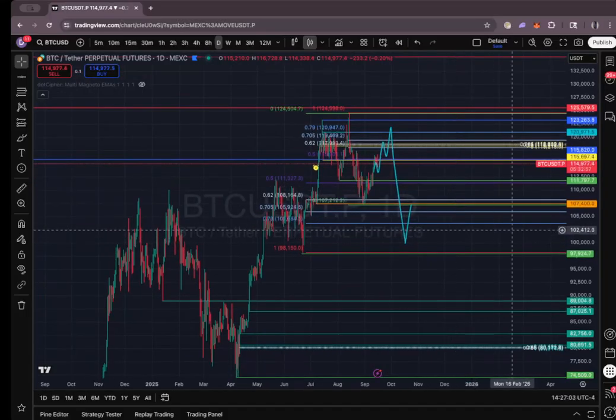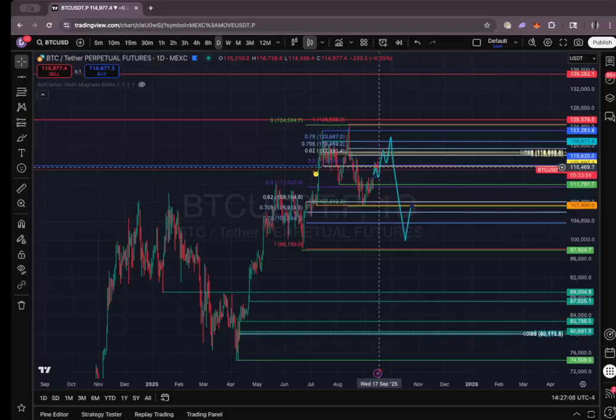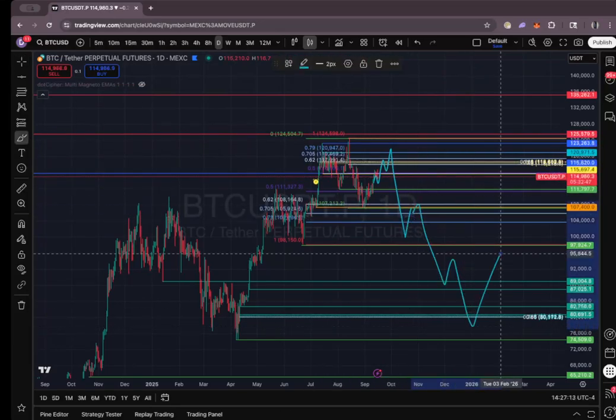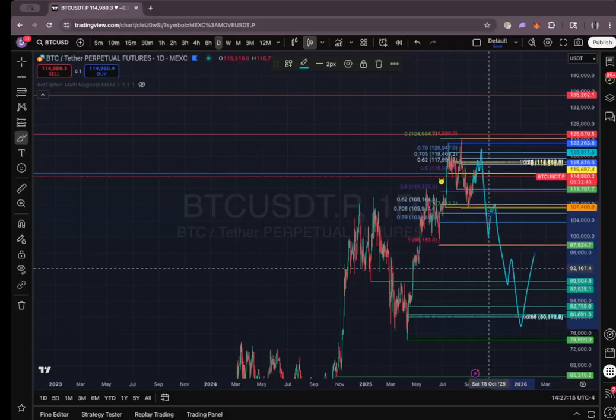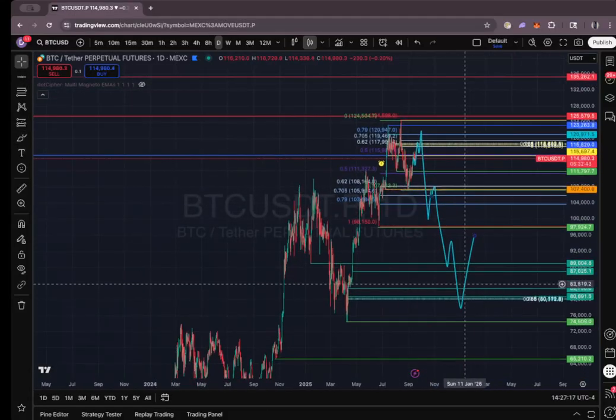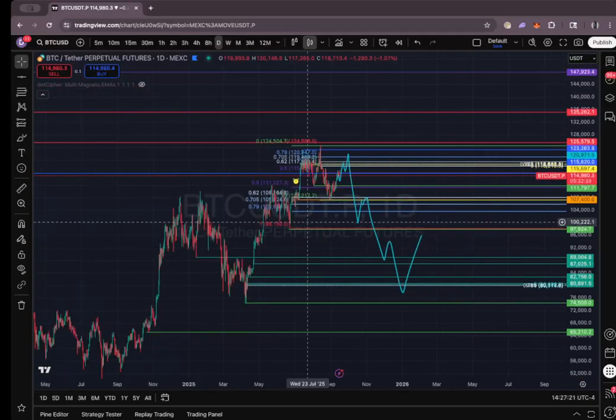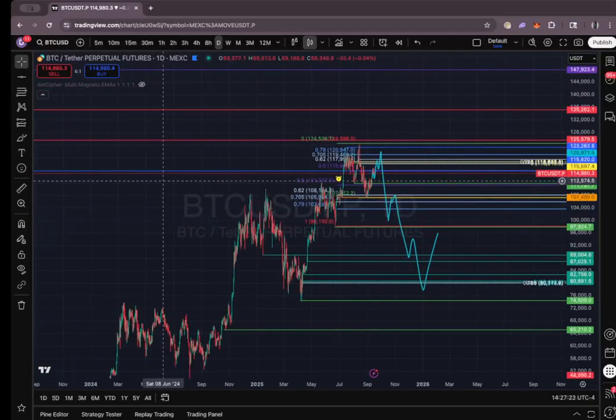So yeah, all-time highs pretty much confirmed for me. Once we get one more 2 to 3 weeks close on 115, then we're all the way back down to 90, under 90, right? Probably by the end of the year. By the end of the year, I would see us back under 90K. So that's that. Let's keep going.